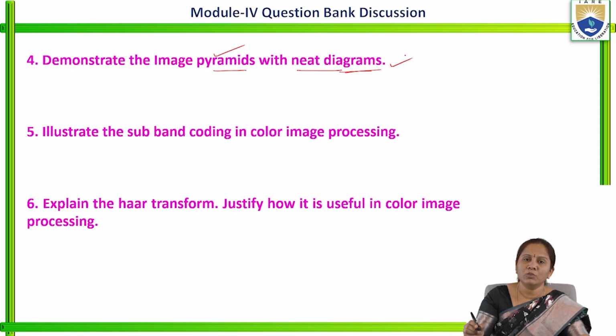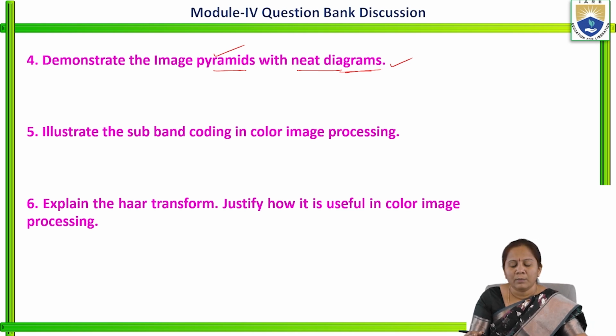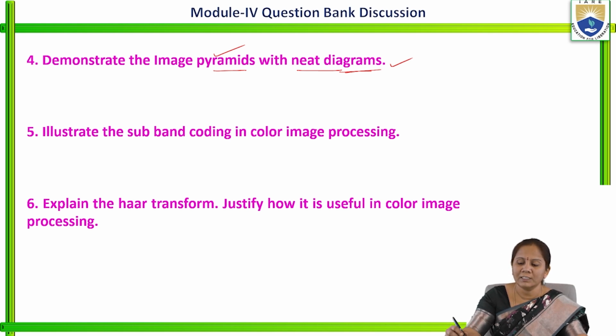And while explaining about these image pyramids also, we have to explain about the block diagram of image pyramids, which includes upsampler and downsampler. So all those things should be considered here. And next one,